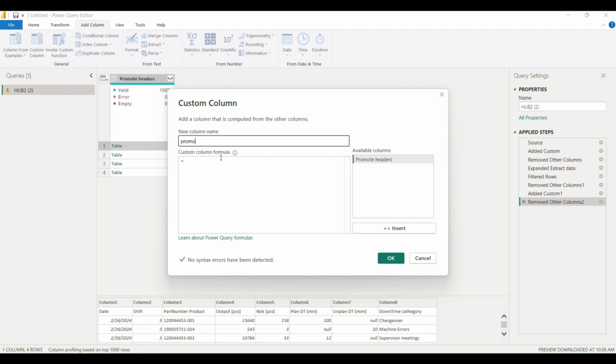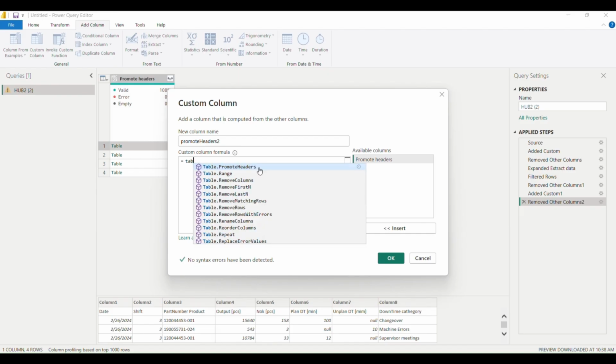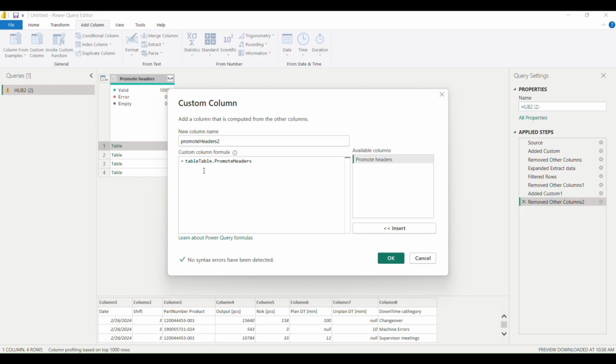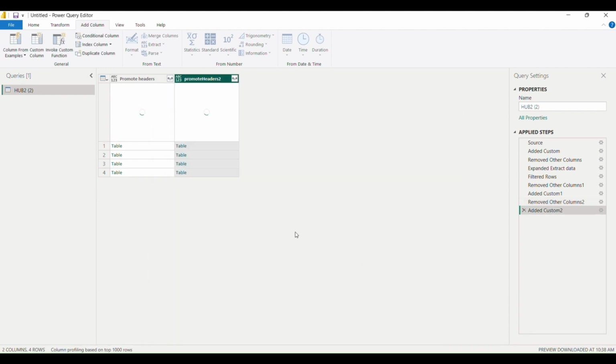So Promote step 2, and let's choose Table, parentheses, click Insert, PromoteHeaders, because that's our own column with tables, click OK.